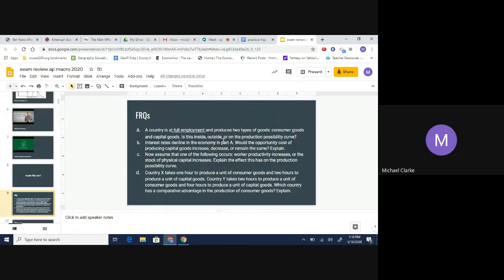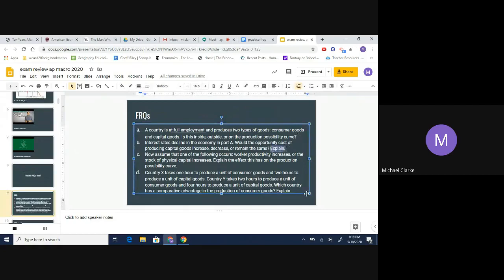That's all it takes. You don't have to explain it. The only time, guys, you need to explain it is if it says explain. If it doesn't say explain, just answer the question. And this is a great example of how, even though the exam is an FRQ, they're going to have some multiple choice questions. If you look at the second sentence here, that's a multiple choice question. You've got three options to choose from. You've got a third of a shot, a 33% shot. Pick one. And because it says full employment, you're on the production possibility curve. Okay? Nathan, if you have questions too, just interrupt me whenever you want to. Yep, I will.